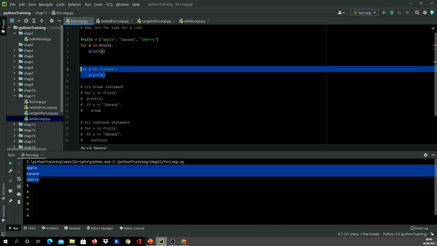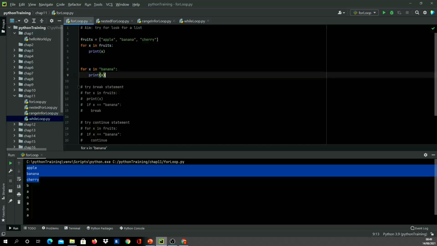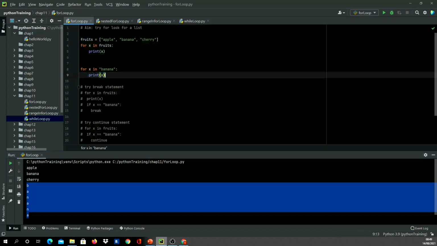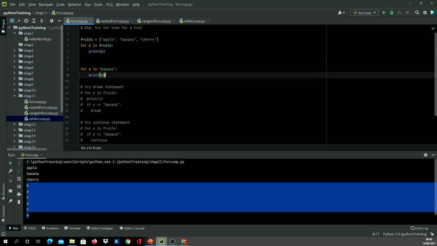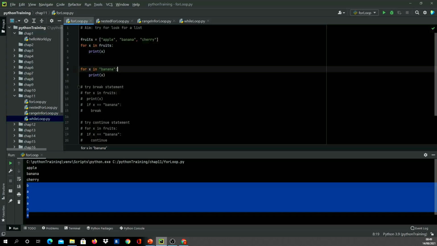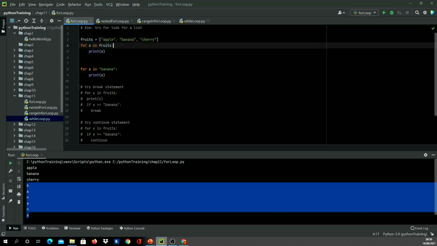The second time, x gets each character of the word banana, because that's how the for loop works, and you print x where it prints banana out here. An interesting thing to see: as with the if statement, the end of the for statement requires a colon.